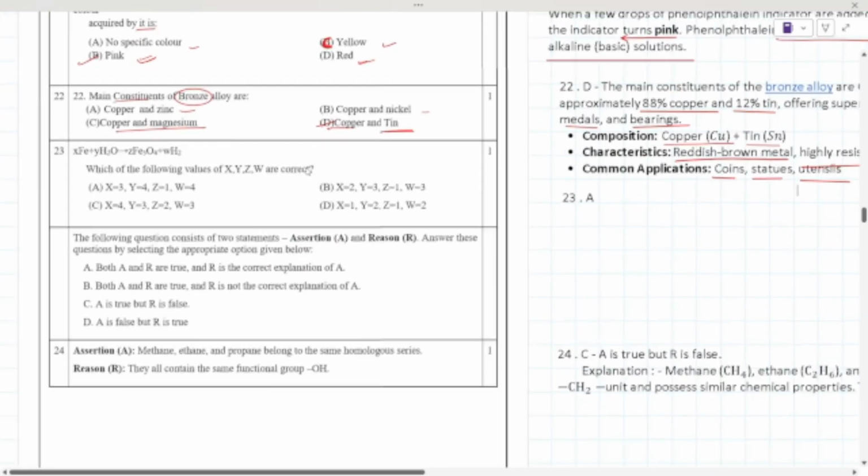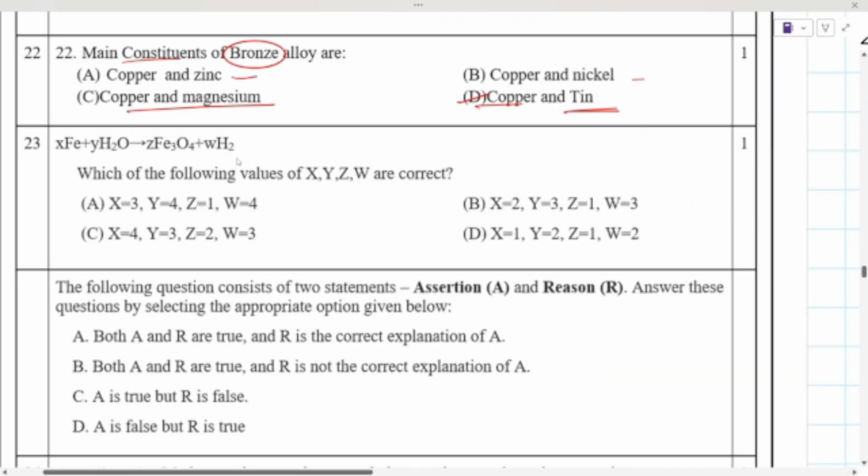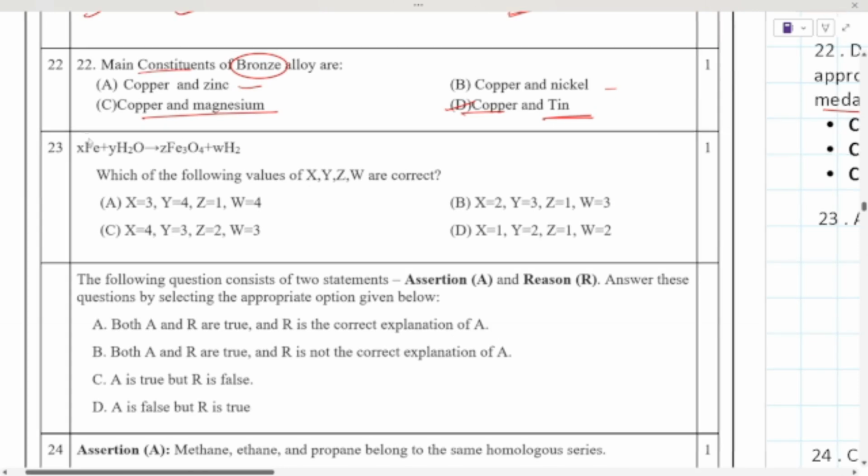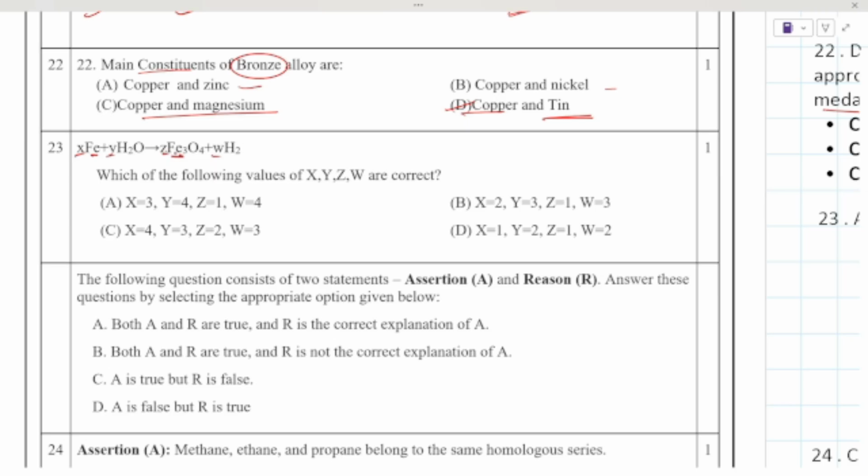Now, here the 23rd question. Here we just have to balance this with the value of x, y, and z. So this is also simple, as here you can see Fe is 1 and here Fe is the total 3. We can easily say that x should be